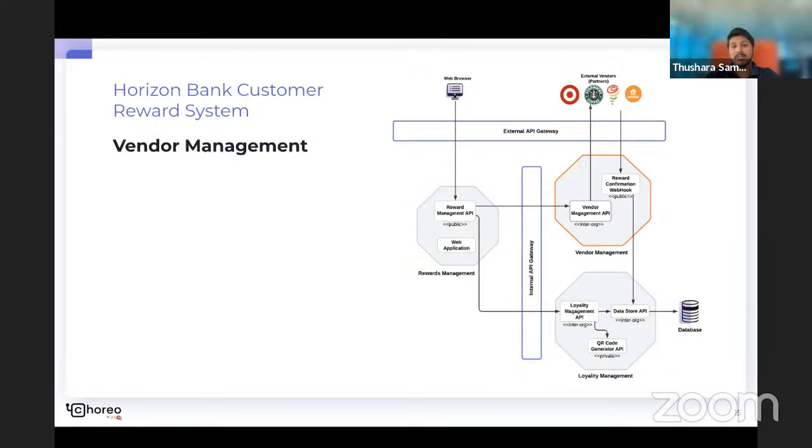Then the vendor management API has inter-org level access, so that we can make sure only services inside the organization can access the vendor management API. Then the loyalty management system project has 3 microservices, and the loyalty management API and data store API have inter-org level access,